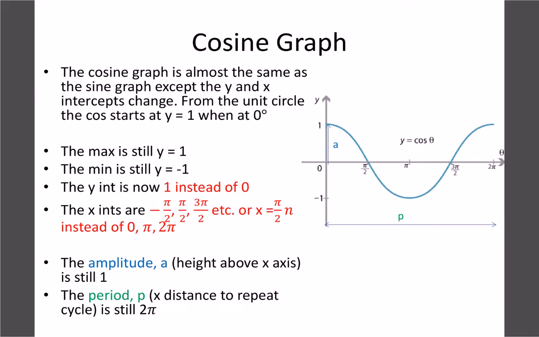So our cosine graph looks exactly like a sine graph, just shifted over a little bit, and the key difference is it's going to start at 1 instead of at 0. So our starting point is at 1 instead of the origin. We still have the same amplitude, still have the same